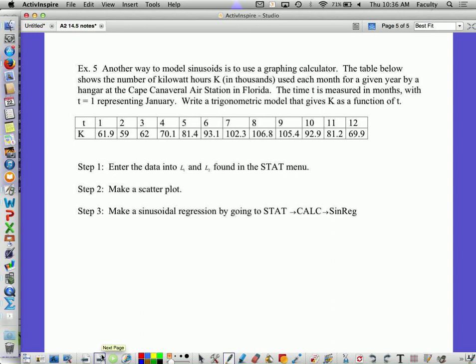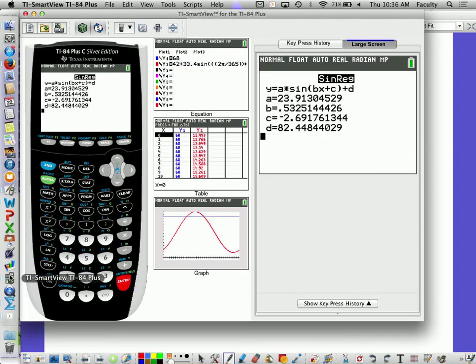Okay, now we're ready for this one. It says another way to model sinusoids is to use a graphing calculator. The table below shows the number of kilowatt hours K in thousands used each month for a given year by a hangar at the Cape Canaveral Air Station in Florida. The time t is measured in months, with t equals 1 representing January, so t equals 2 would be February, and so on. It says write a trigonometric model that gives k as a function of t. So take out your calculators,